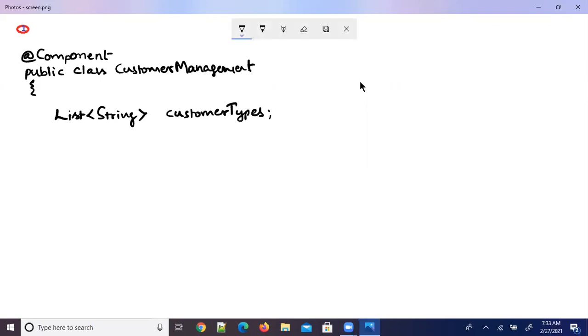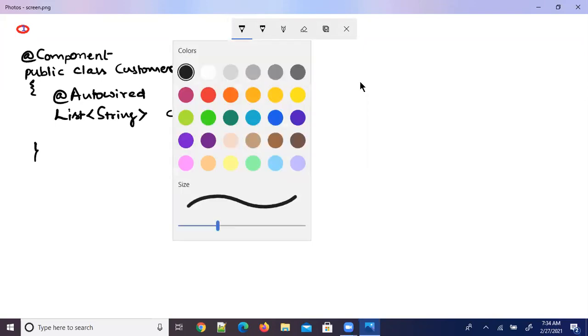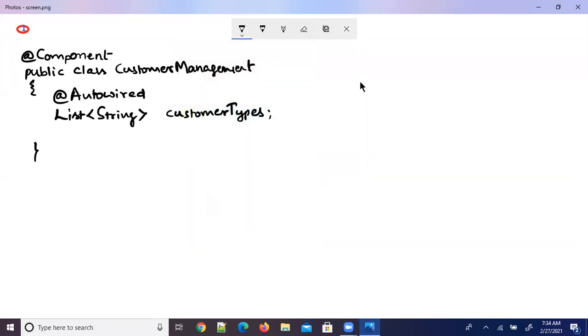I have a List of String customerTypes. So of course I can use the annotation called @Autowired.